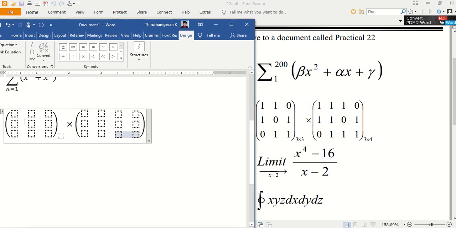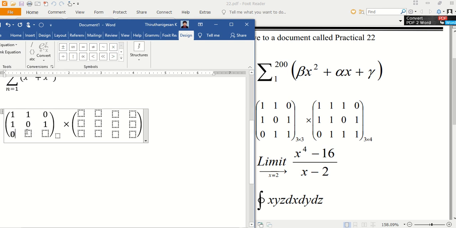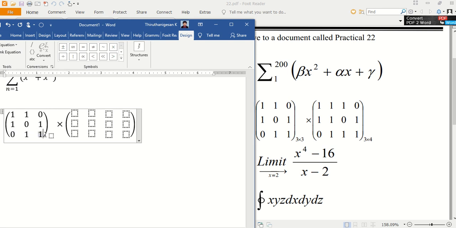After that just enter the data: 1 1 0, again 1 0 1, 0 1 1. That is the 3 by 3.